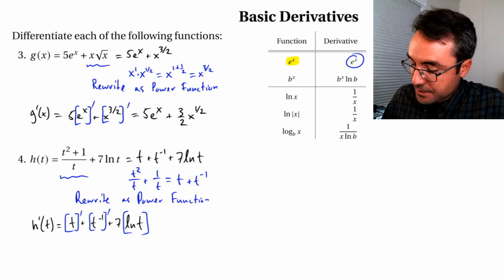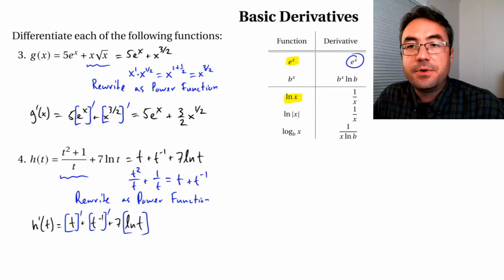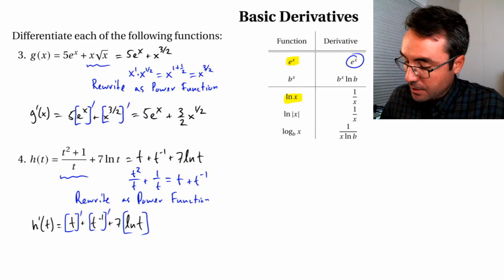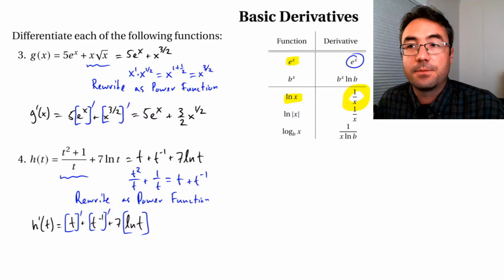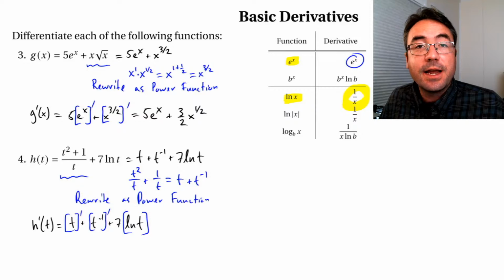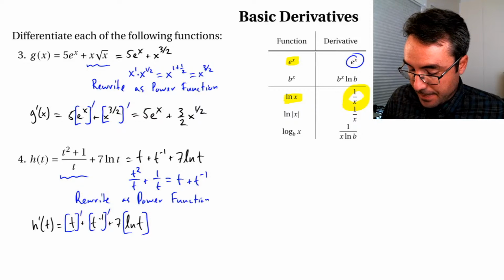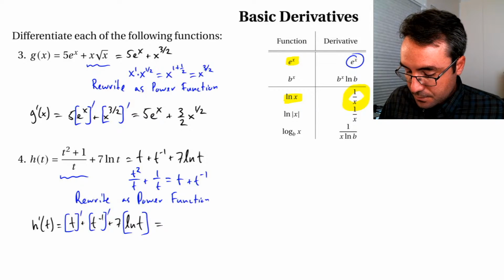We want to look up the derivative of natural log, go to our table, and we see that it's 1 over x. For our case, it'll be 1 over t. So we end up with